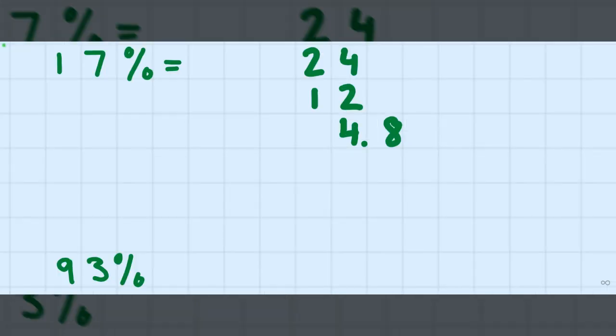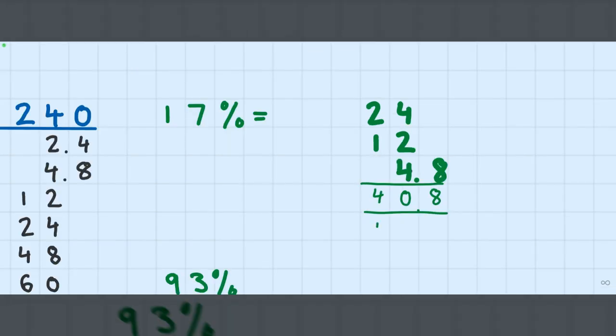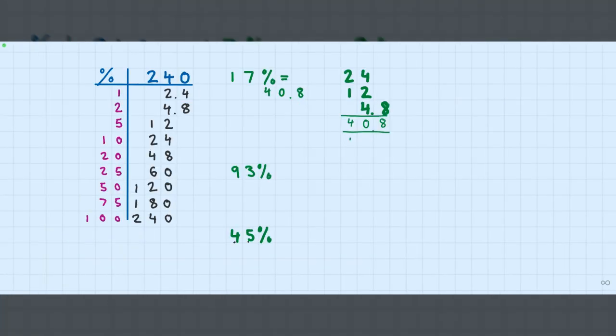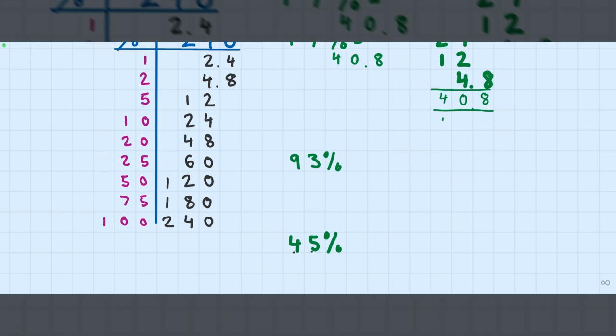And then if I just added them up, making sure my decimal point's in the right place, 8, and then that gives me 10, and that gives me 4, I get 40.8. So 17% would be 40.8. Now, it gets a little bit tricky when the numbers get a bit bigger, but it's all about strategy,